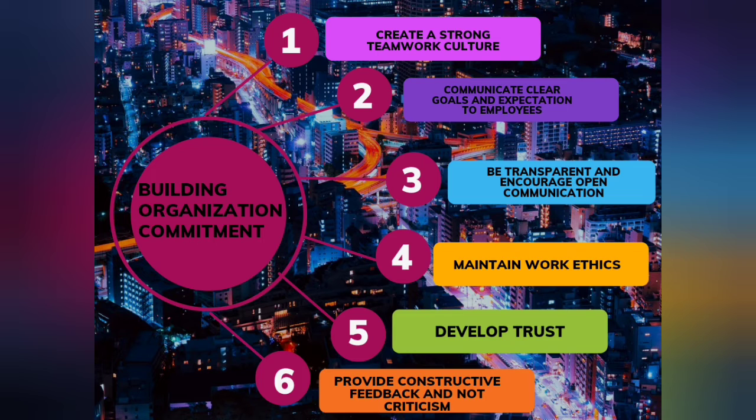The second one is communicate clear goals and expectations to the employees. Most employees want to be a part of an irresistible future. They want to know what is most important in their job and how can they achieve excellence in their job. For objectives to have meaning and be effective, employees should be communicated clearly the goals and expectations of the management. Employees, when they feel a sense of ownership, tend to stay longer with an organization.